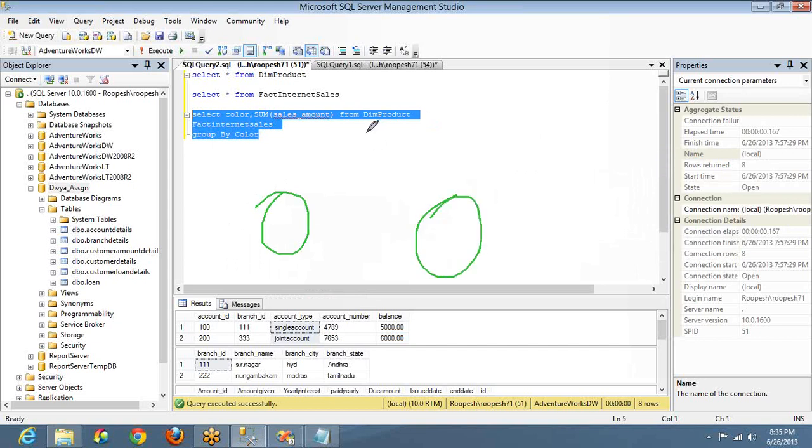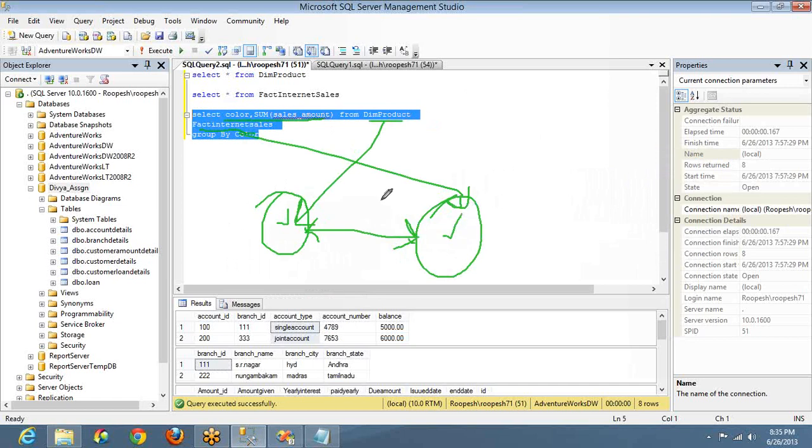So let's say I said a cube is nothing but the dimension table and the fact table and the relationship between these two, right? If you take dim product, this is your dimension table. If you take fact internet sales, this is your measure group table. And these columns, whatever you have given here, are nothing but attributes here and measures here.